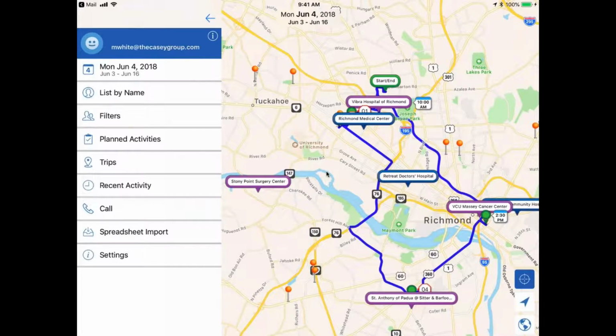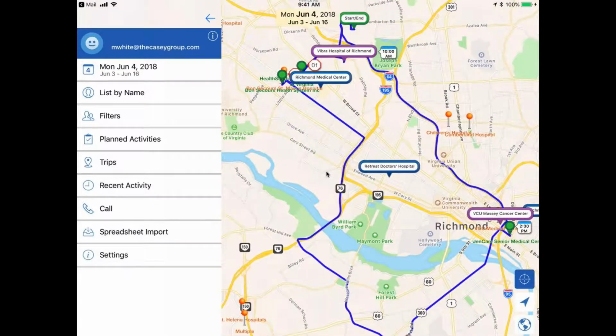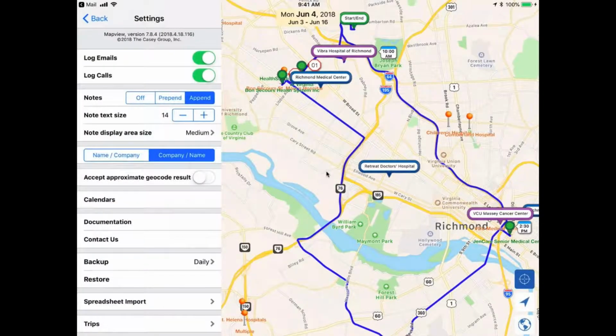There are a few things I would check before answering. One of the things to check is what day you're currently seeing in Mapview, because if it's not the day or within the range, it may not show up. You would also need to check if you have your calendar syncing. If you're using an external calendar, which it sounds like this person is, that it is syncing to your iCal. And to do that, you would go to settings and make sure that calendar is turned on through Mapview.